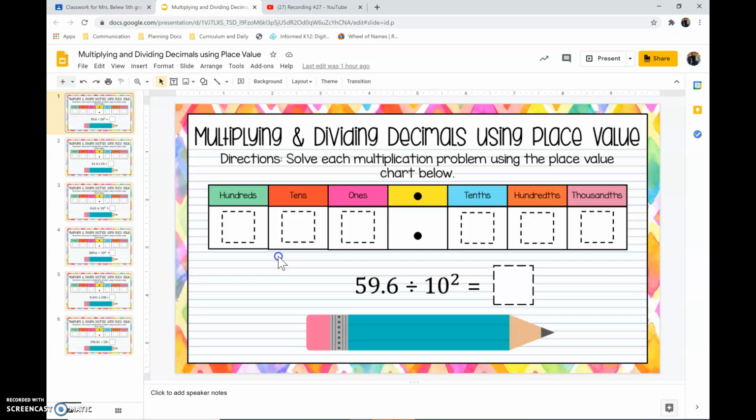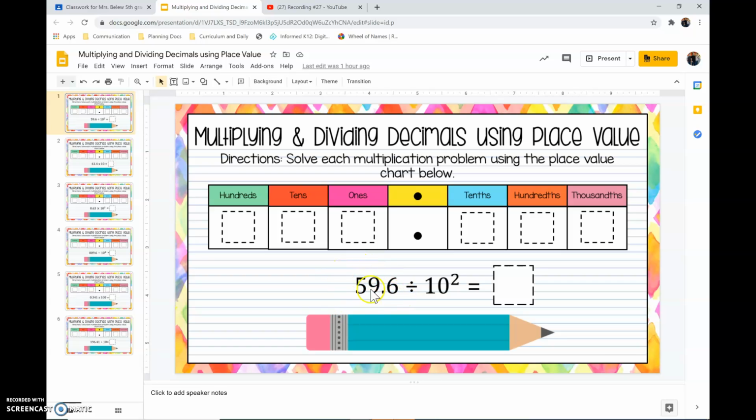But first I want to explain something. So we talked about this a little bit during math today. Remember, and we've talked about it before, that when I'm dividing decimals by tens or powers of tens, the number gets smaller. When I multiply by tens or powers of tens, the number gets bigger. So what I'm going to do is